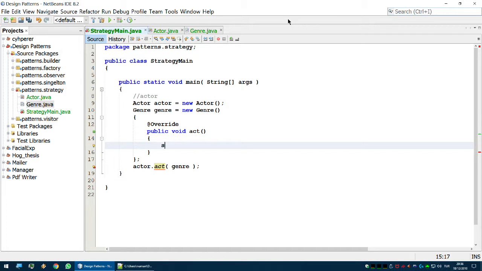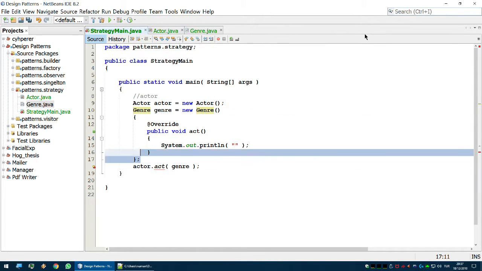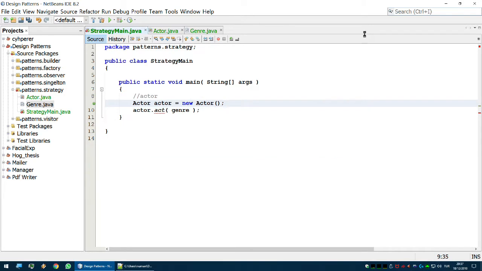let's make this example real for now. See, in the method of act, I actually still don't know what is the genre. Alright, I have created an instance of genre, but I have no idea what that is. So, I'm gonna need implementations of this genre interface. How can I do that? Well,